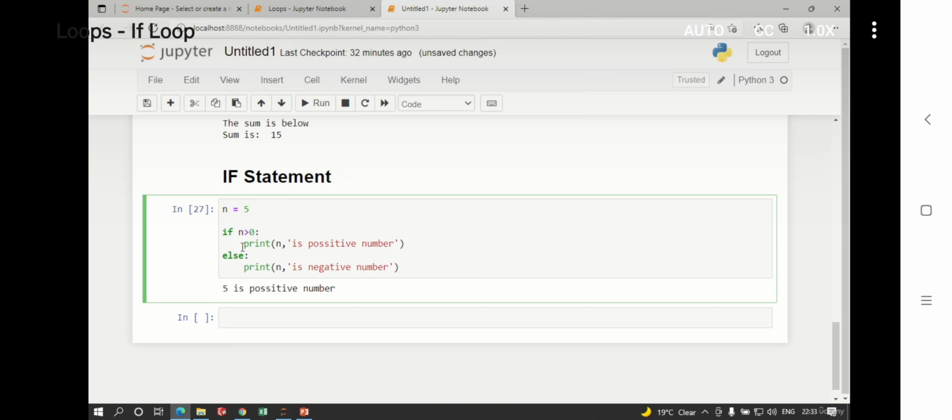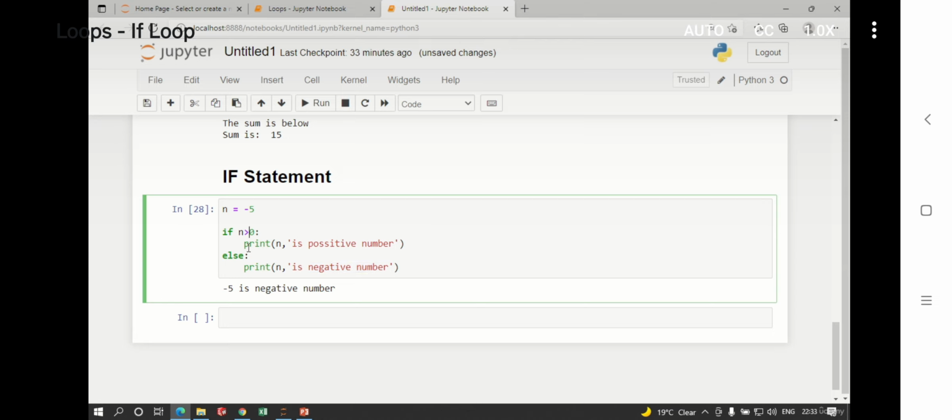That's why it is returning this output. And in case of -5, this condition is not satisfied, it is not greater than 0. That's why it goes to the next condition, and it will give me this output.